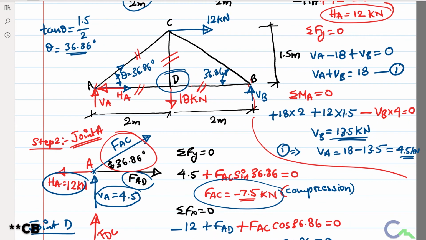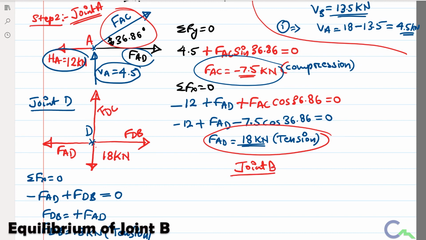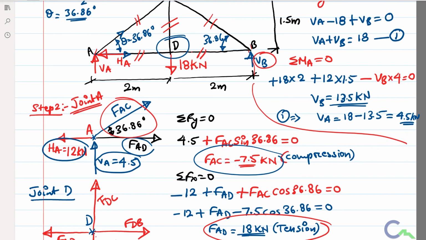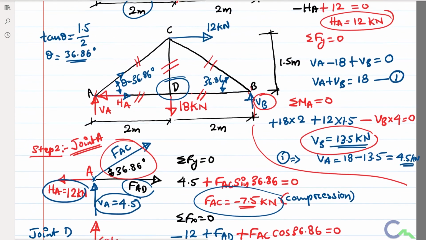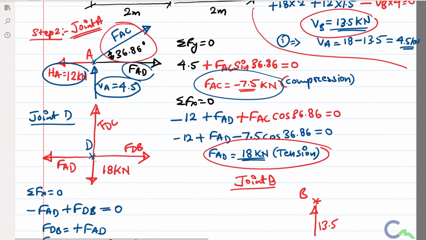The remaining is CD. So for calculating CD, either I can consider joint B or joint C. So I am going to take joint B. So VB is acting on the joint B. VB we got 13.5. So I will take it as it is, 13.5. Then after that CB I am considering for the first time. So I will take